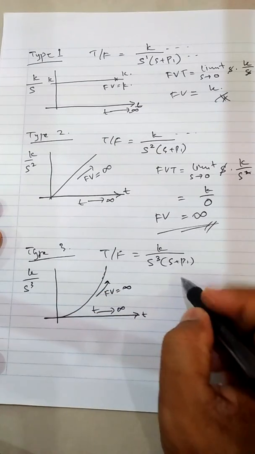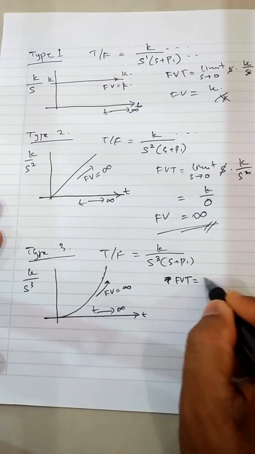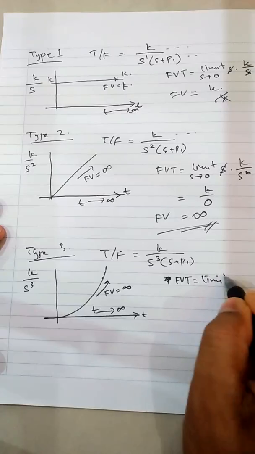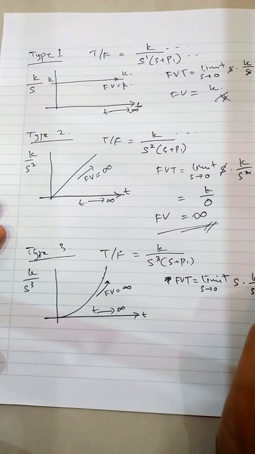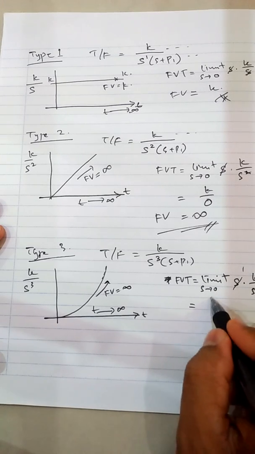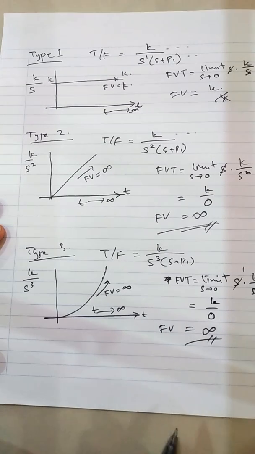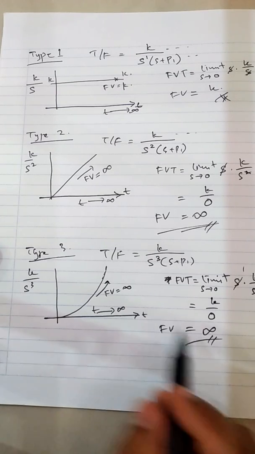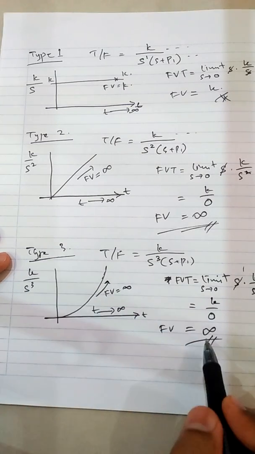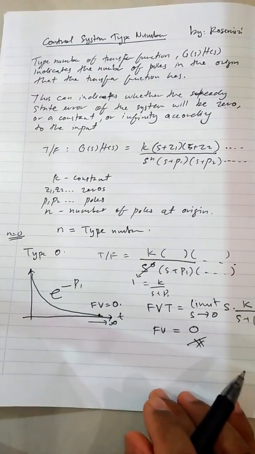This one is graphical. In the final value theorem, limit as s approaches 0 of s times K over s^3 becomes K over s^2, which is K over 0, so it becomes infinity. So our steady state error for type number 3 is equal to infinity. Okay, so now we can conclude that